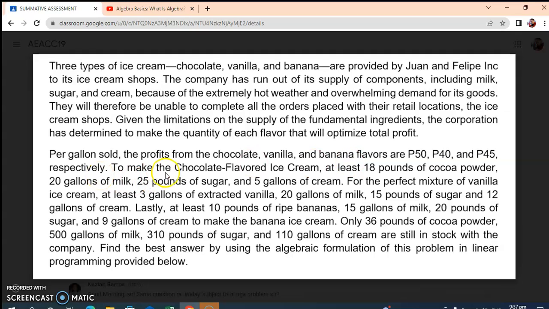To make the chocolate flavor ice cream, at least 18 pounds of cocoa powder, 20 gallons of milk, 25 pounds of sugar, and 5 gallons of cream. For the perfect mixture of vanilla ice cream, at least 3 gallons of extracted vanilla, 20 gallons of milk, 15 pounds of sugar, and 12 gallons of cream. Lastly, at least 10 pounds of ripe bananas, 15 gallons of milk, 20 pounds of sugar, and 9 gallons of cream. To make